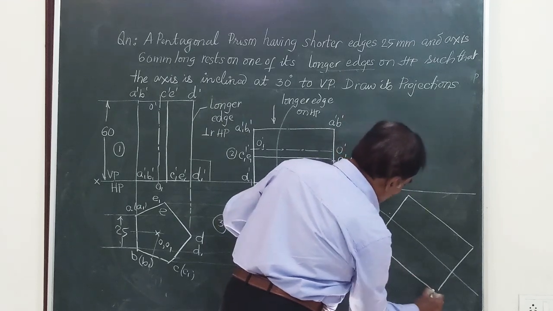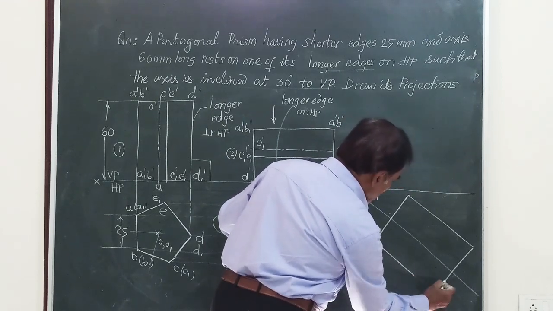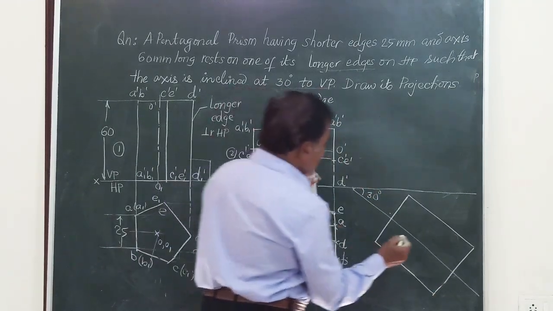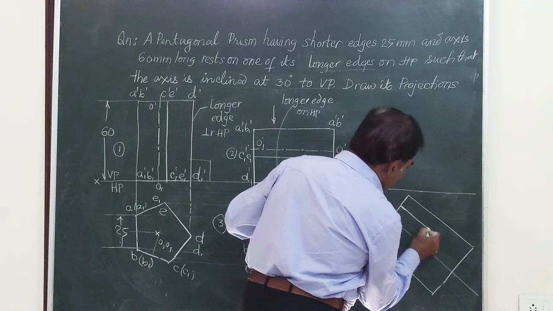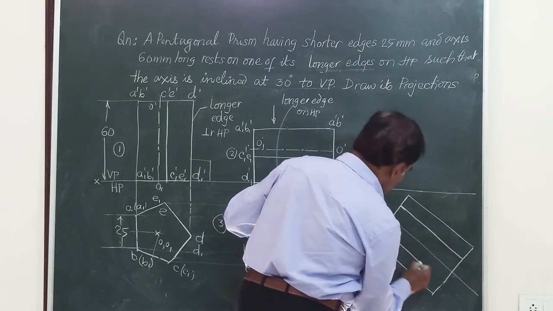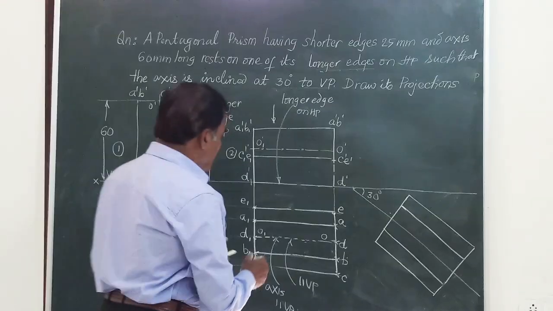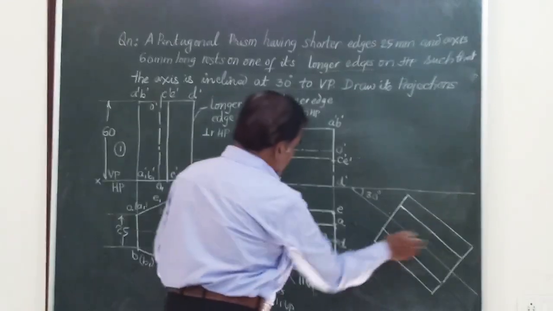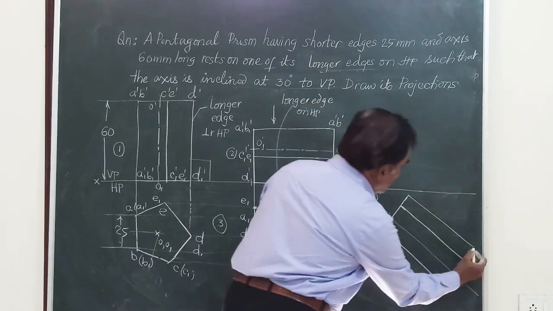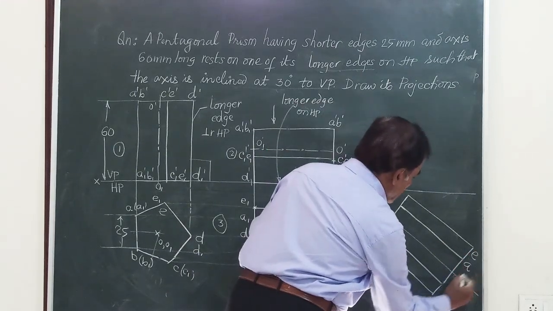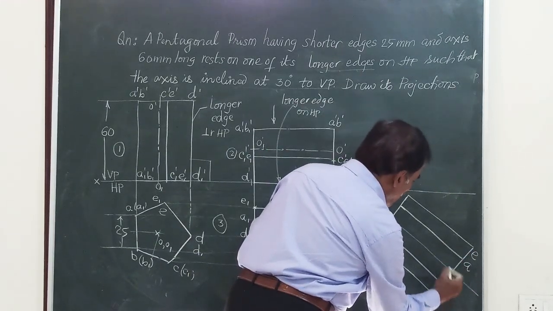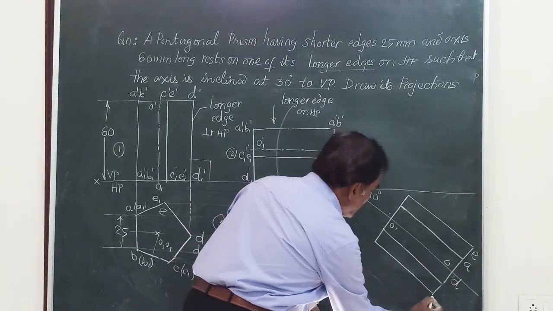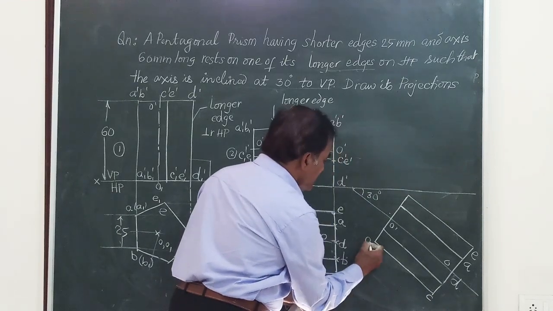This is the final top view of the figure. Let me mark these rectangles in between, and let me name these. So this figure is drawn like this. This is going to be E, A, D, also O, and this is O1. The last point is C. So the bottom face of that is C1.